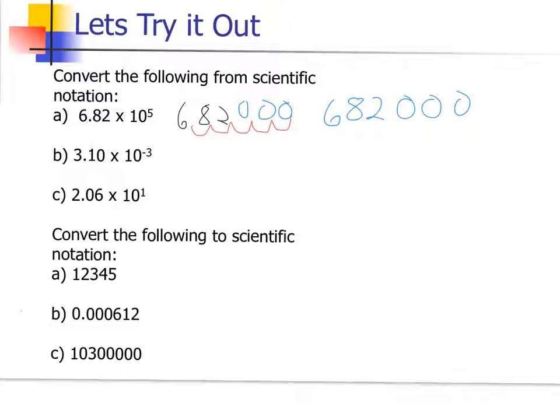And the next one here, we're going to be moving it a different way. I have my 3.10, and I see a negative, meaning I'm going to take it and go 1, 2, 3 places to the left, giving me 0. I'll give a better point in there. 0, 0, because I need to fill those with zeros. 3, 1,